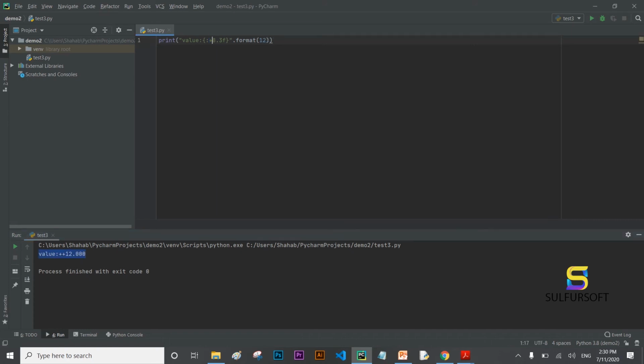Now I want it to be shifted toward the left direction and the remaining should be filled with the plus. Then again we have got the required output, and this is showing that the floating point number has been shifted toward the left because we have used the less than symbol or left symbol, and the remaining spaces have been filled with the plus. Now what I want to do,